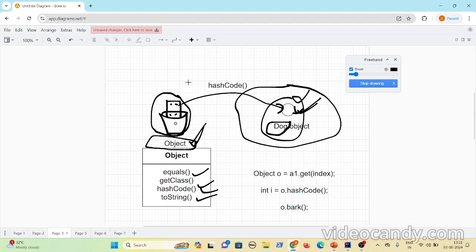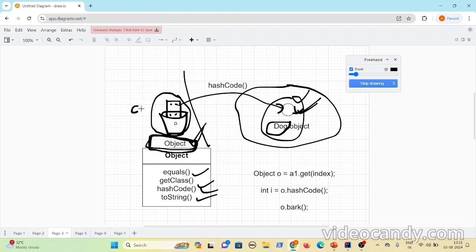Now the three-step process for object creation is, first you create a reference variable, then you create an object, and then link both. When you create a reference variable, during its creation itself, it creates a remote control which has buttons for each and every method. And for what methods will it create buttons? It will create buttons for the type of the reference variable. Let's say this is an object. It creates buttons for these 4 methods.